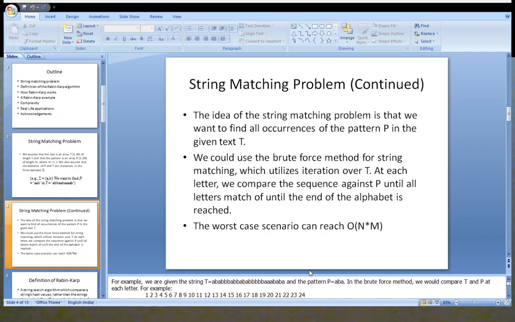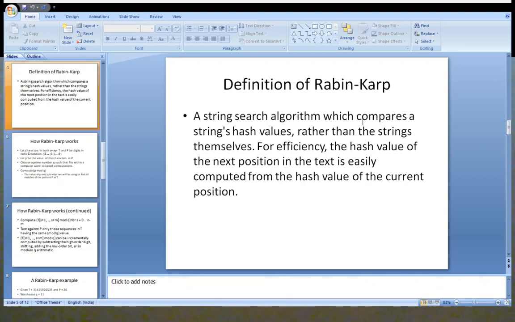Now I shall discuss the definition of the Rabin-Karp algorithm. The Rabin-Karp algorithm